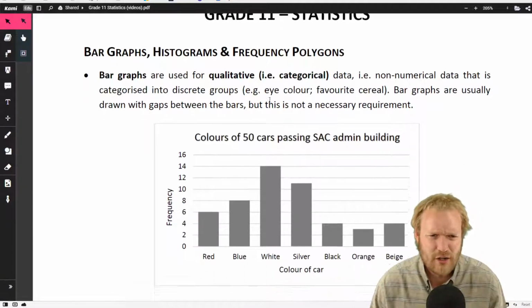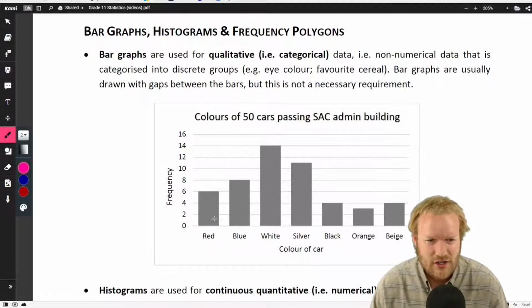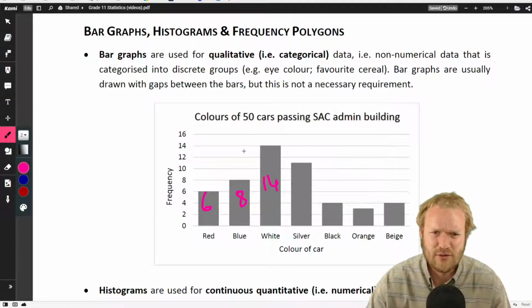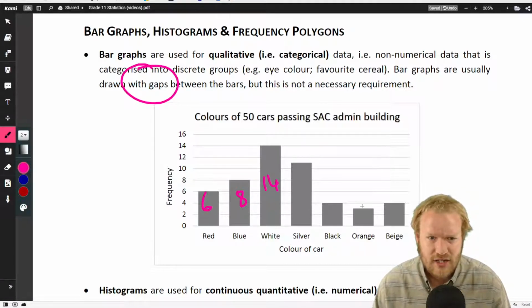Bar graphs, qualitative, categorical. Okay, so here somebody's measured, how many red cars were there? There were 6. How many blue cars? 8. How many white cars? 14, etc. And then put it on a bar graph. We've seen these types of bar graphs for quite a while. And notice that normally we draw them with gaps because they're not continuous, but sometimes they're drawn without the gaps,